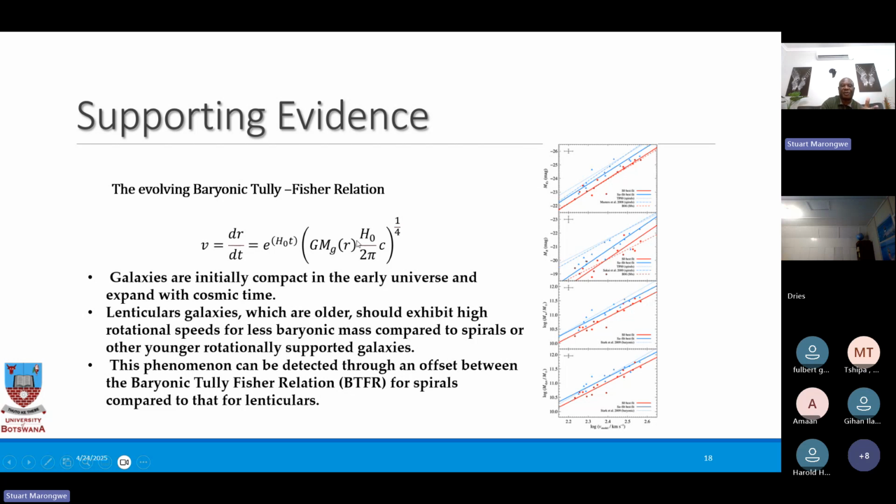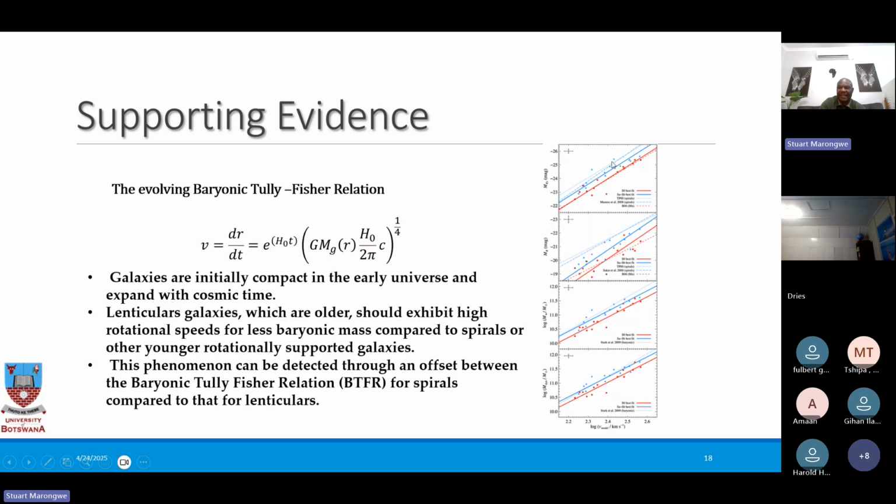But in the Ricci soliton model, where the Ricci soliton is included, there is this factor that expands the Ricci soliton with cosmic time. So this baryonic Tully-Fisher relationship now becomes the evolving baryonic Tully-Fisher relationship. And it has been observed, you can observe that older galaxies rotate faster for the same amount of mass than young galaxies, all because of this term here, the evolving baryonic